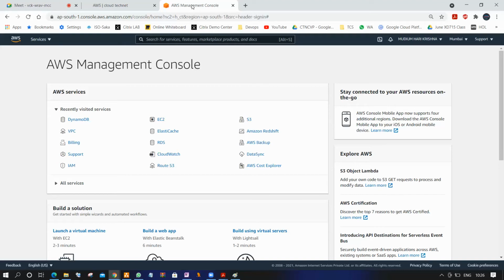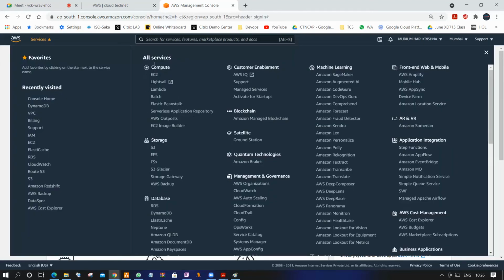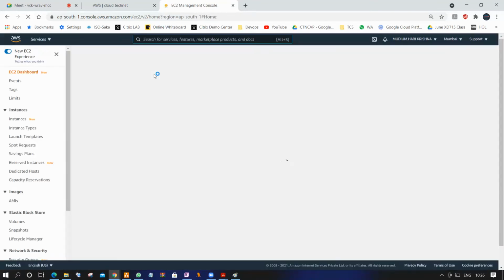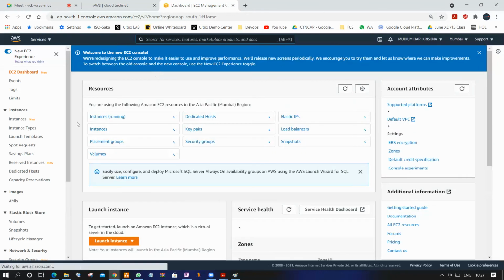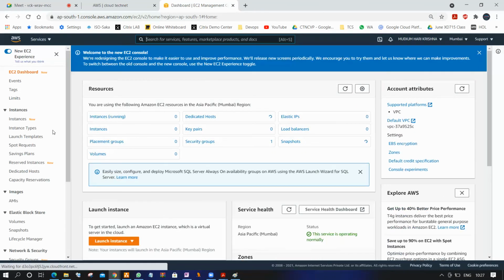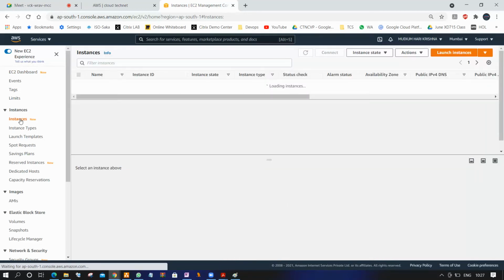So where and how can we create them? Basically, go to EC2. Under Compute we have the EC2 service. Just click on that, and once you click on EC2, this is the console we get. From here, on the left side we have Instances. You can click Instances, and you can launch an instance here. By default there are no instances. When you click Launch Instance,